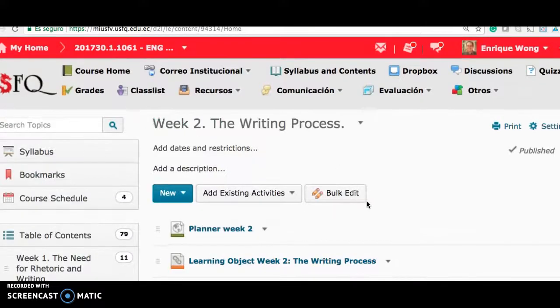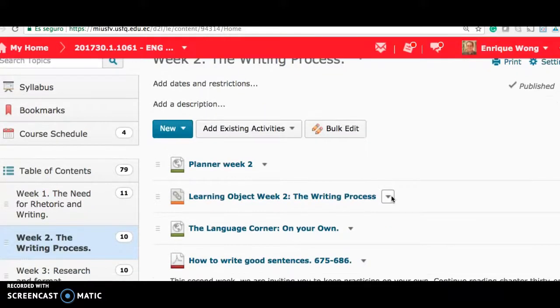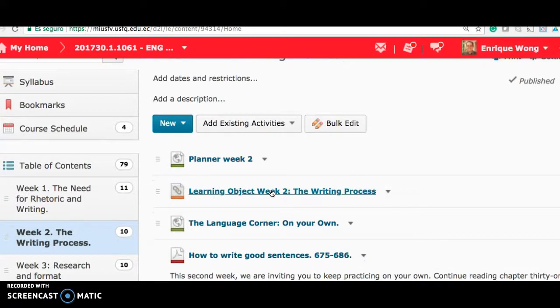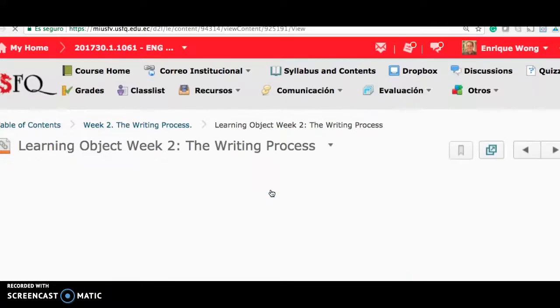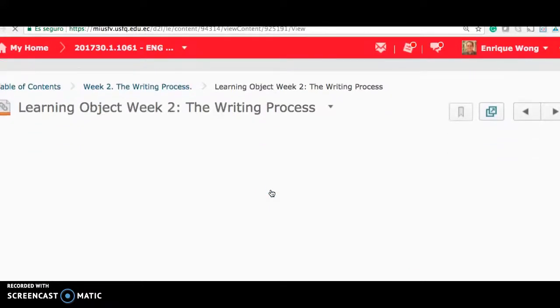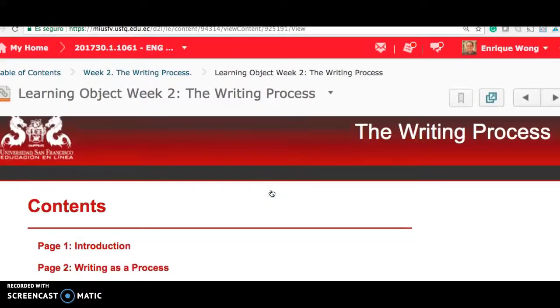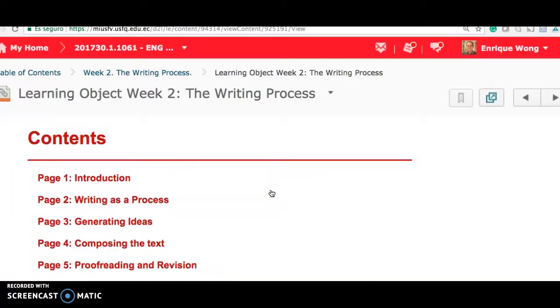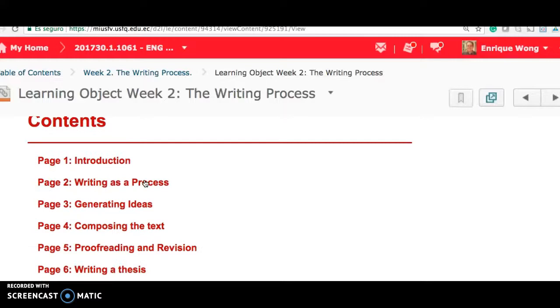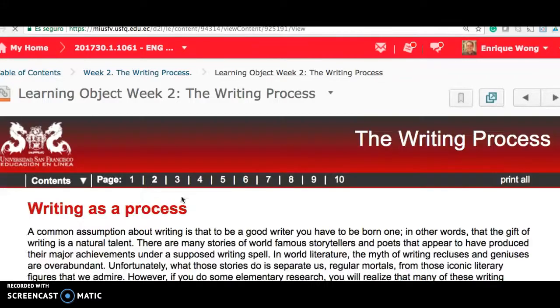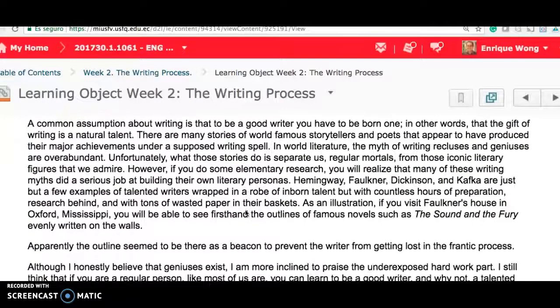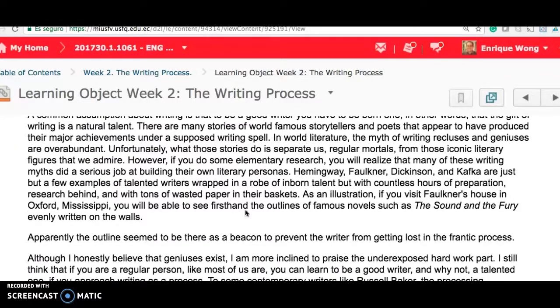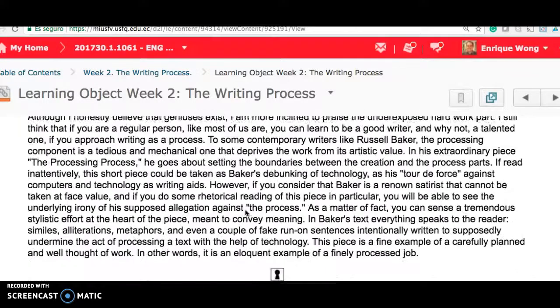Once you understand what you have to do after reading the planner, you gotta come over here and read the learning object, which is my instructions on how to approach the material that you're reading in the book. You have an introduction by a professor from the university, Mark Putman, and then you have all my ideas about the writing process. This is my interpretation of the contents of Andrew Lanford and my own illustrations. It's important you read